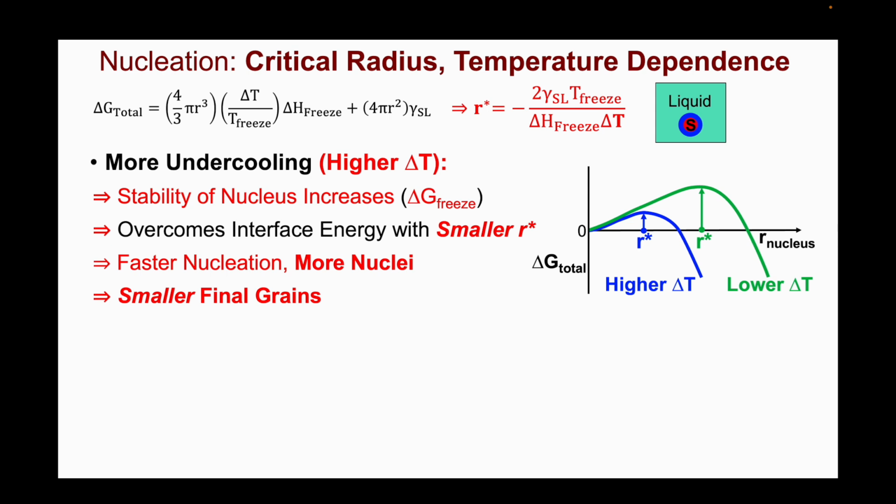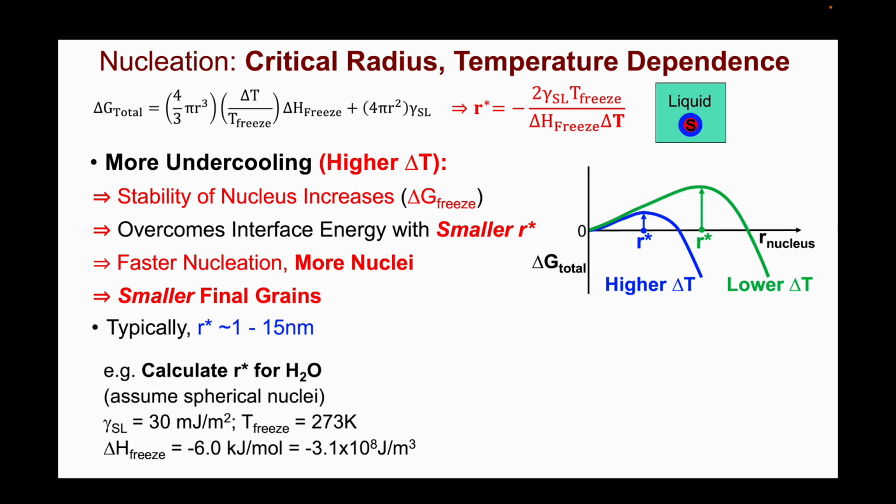Now, given the size for growth is reduced, the nucleation period should be faster. More nuclei will form, and that will in turn result in a smaller final grain size when the transformation is complete. The critical size for the nuclei is typically in the range of a few nanometers, perhaps between 1 to 15 nanometers. We can use the formula for R star, and if we assume spherical nuclei, we can plug in